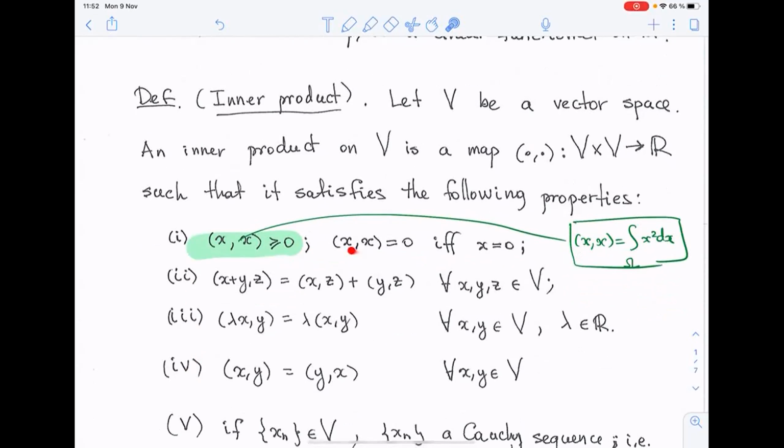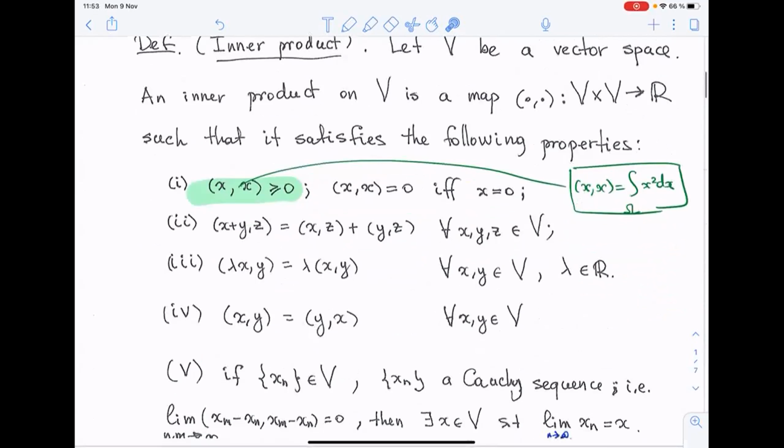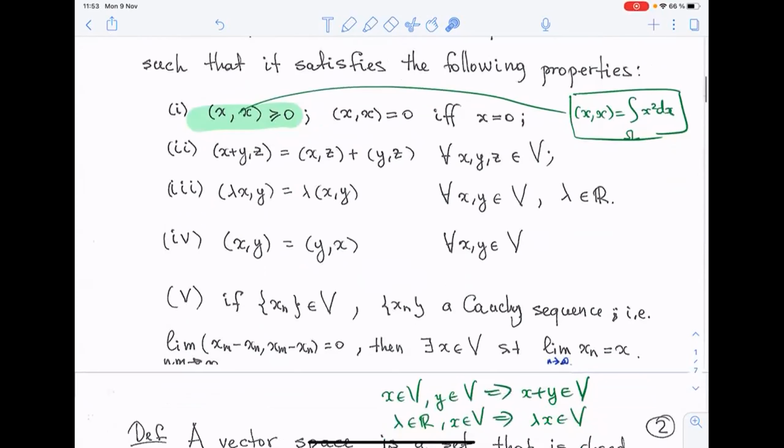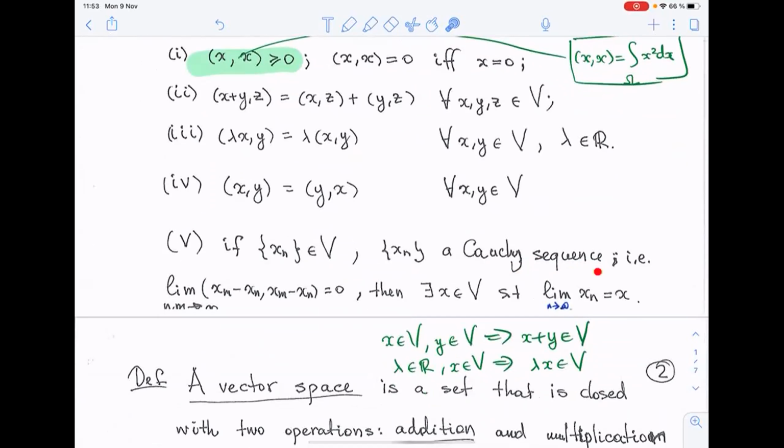Inner product has the following properties. Of course, for example, this integration is 0 if and only if x is 0. If you look at this integration analogously, the result is 0 if the integrand is 0. Here, when you sum and then multiply by z, you just split it into the sum of inner products. If you multiply the inner product by some constant, you can pull it out. It's similar, like if you multiply by lambda here, you can pull lambda out of the integration, etc. So the last one is about the Cauchy sequence. It's about the completeness, because